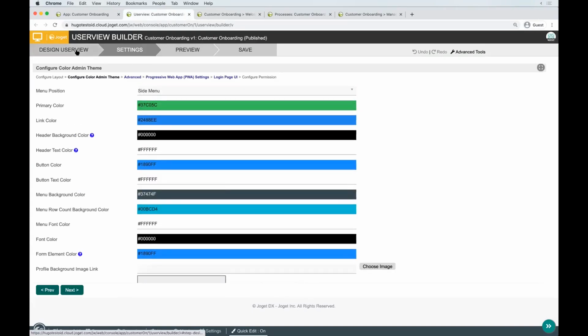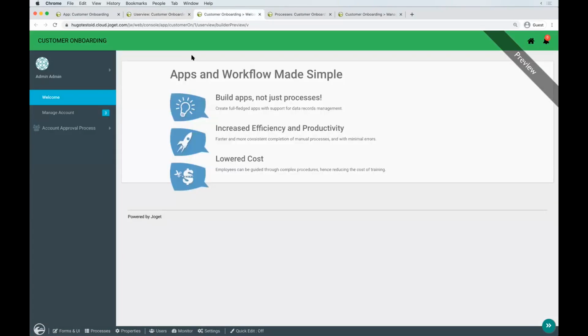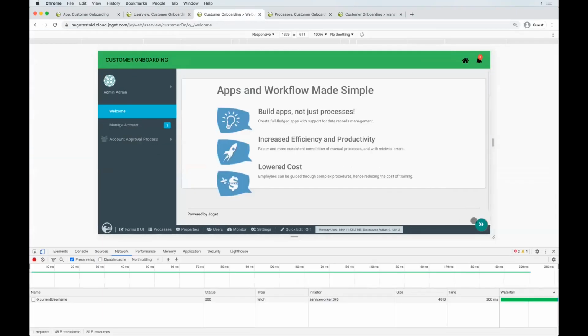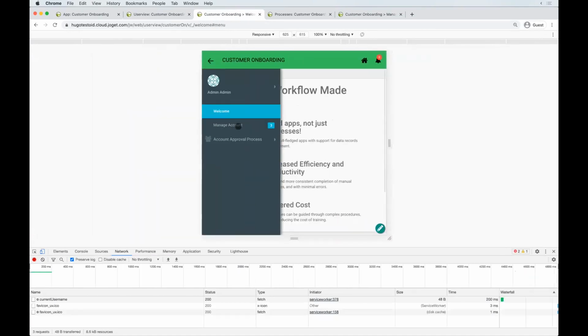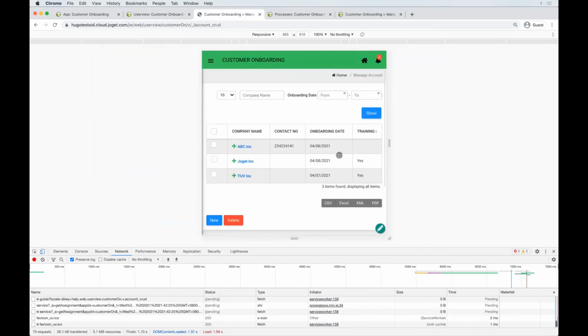Definitely, this is absolutely what we needed, Hugo. And just a quick check. It should still be responsive as well, right? Ah, okay, cool. Since we are done with this user view design thing,